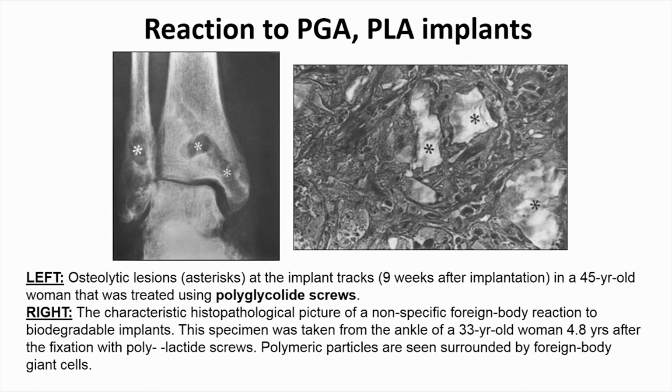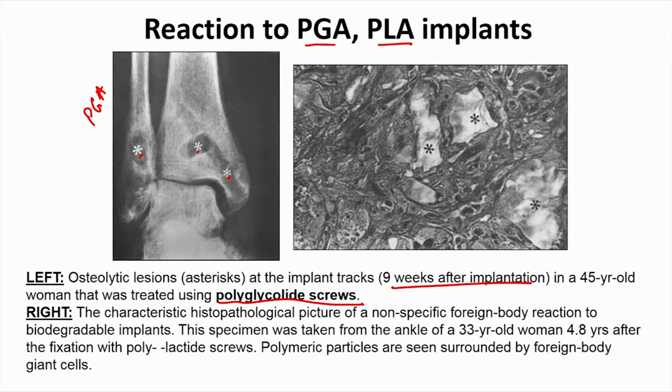So, here what you see is PGA and PLA implants, very similar to PLGA. Basically, instead of a copolymer, now you have polyglycolic acid or polylactic acid, and here you have some bone implants. So, what has been done is polyglycolic acid screws have been made on the left side. So, this is for the PGA. They have made PGA screws, and what you find is these screws actually are causing lesions to develop. Right. So, you can see all these lesions where the bone density is fairly low, where these screws were implanted